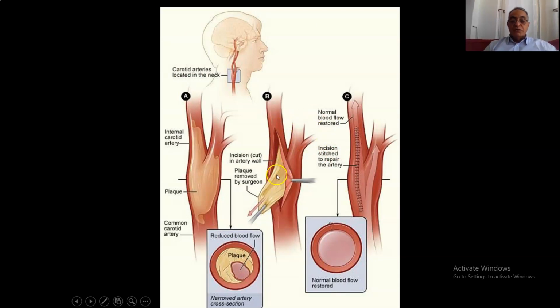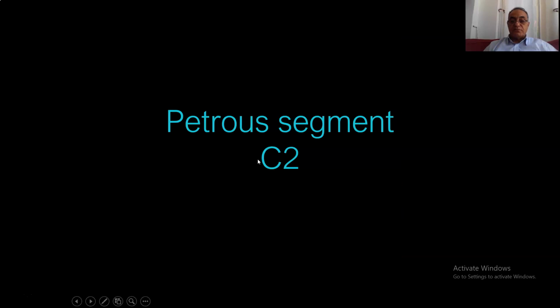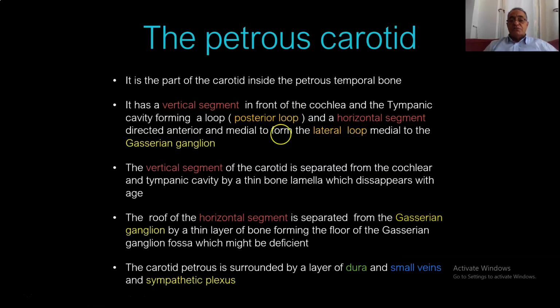The second way is to do it open, and you do an arteriotomy according to the level of the thrombus. You know it by the angiography, and you open in the common carotid, internal carotid origin and external carotid, and you take the plaque with the intima, and then you suture the arteriotomy, and you get reflow. We will not discuss all the details, but you should know that the cervical segment is important for carotid endarterectomy. The petrous segment, which is the petrous carotid, as we said, is the part of the carotid inside the